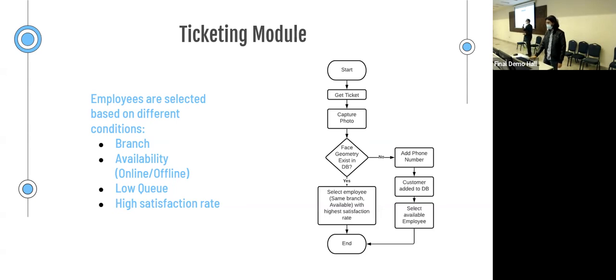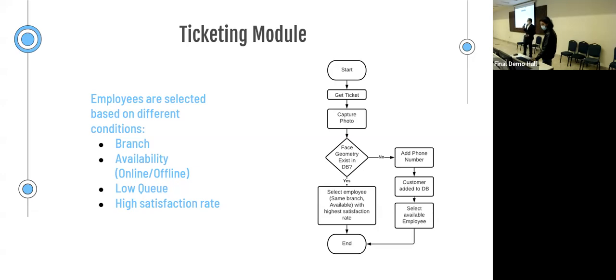as an existing customer, what happens is that such a customer is routed to a counter or to a service provider employee with which they had previously the least amount of negative instances, and at the same time, this employee is online in the same branch and has the minimum queue. If the customer was not detected by our face recognition